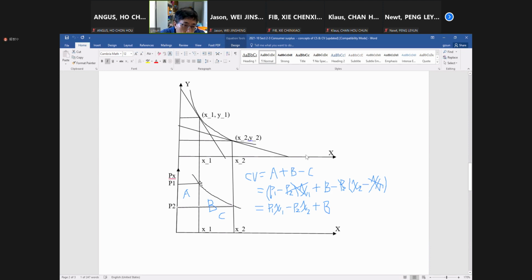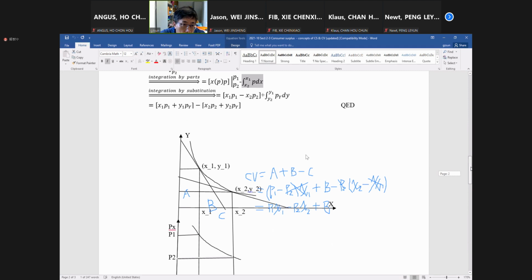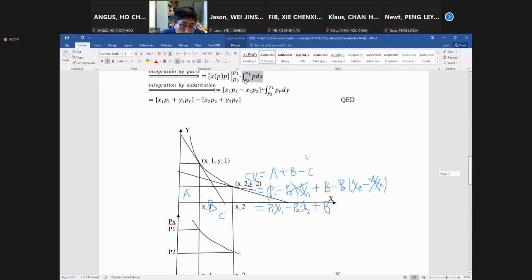Consider this as a function of x, when x is increasing from x1 to x2. If you look carefully, this is it. And then for this step, mathematically we are using